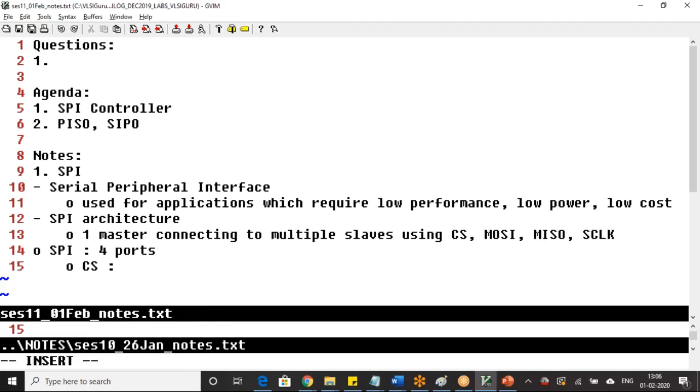Chip select is as wide as the number of slaves. If we have 4 slaves, then chip select will be 3 down to 0.